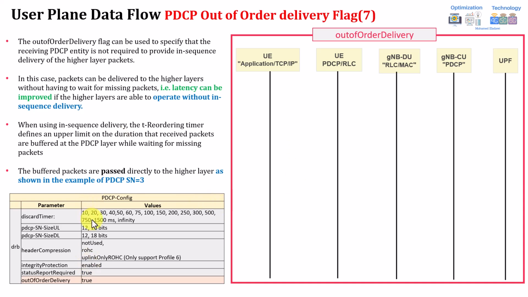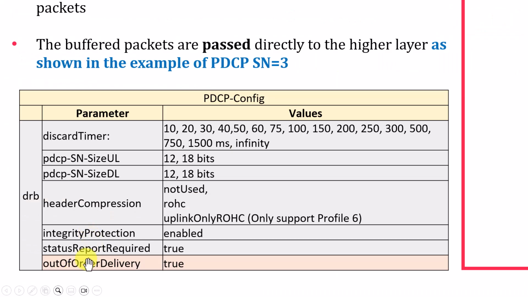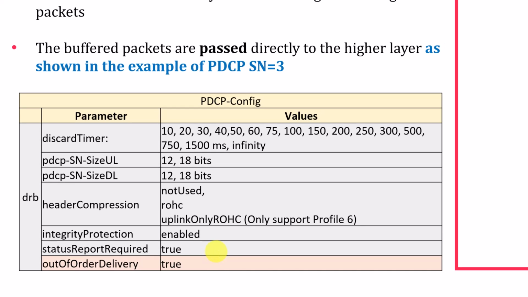It will be a very easy one. If you look down here first before moving to the call flow, as per the 3GPP, there is a parameter called out of order delivery. You need to check in your vendor. It might be a different naming or whatever, but this is the 3GPP name. If you find this one, out of order delivery, for example, if it's true, this means you are allowing the PDCP layer to just let the packets move out of order.